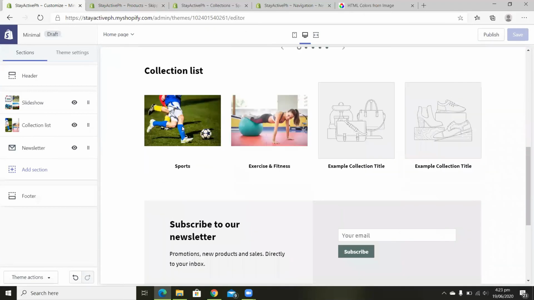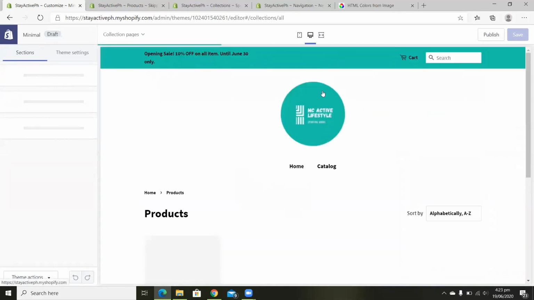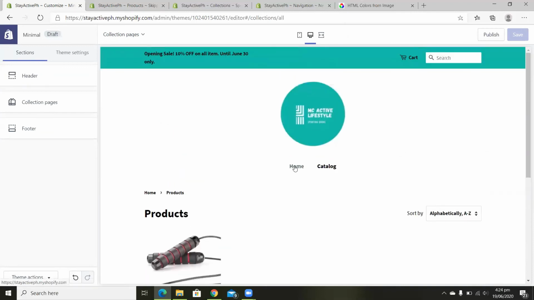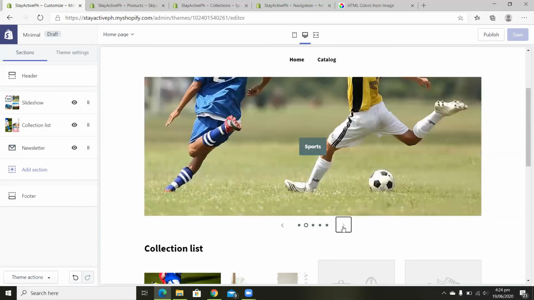It's still the same because the product that we added would be in the catalog. See, we already have one new product. If we go to home